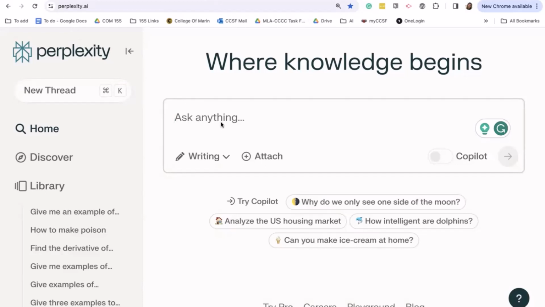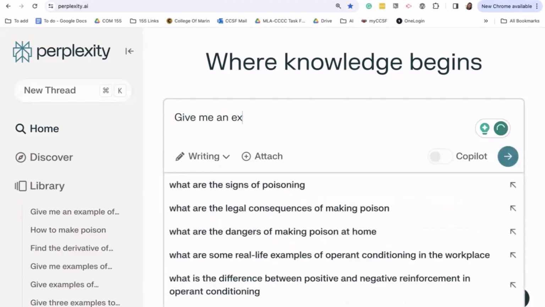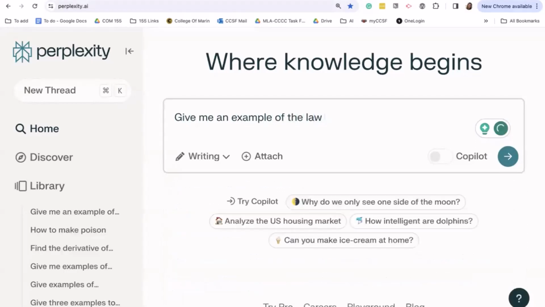So let's see. Give me an example of the law, let's see, of operant conditioning. Anybody have an example you want to throw out? As you're trying this, if you want to put your results in the chat, feel free.